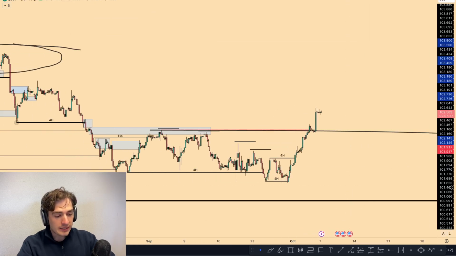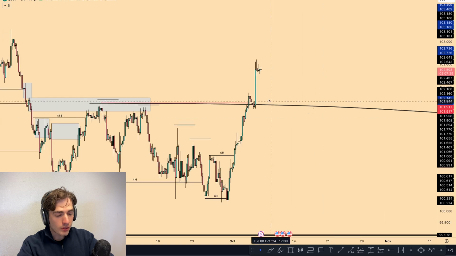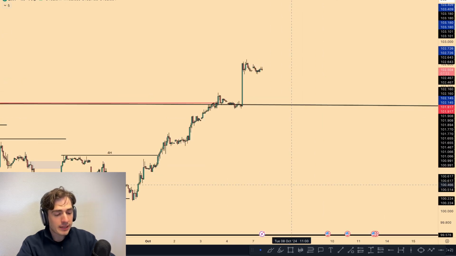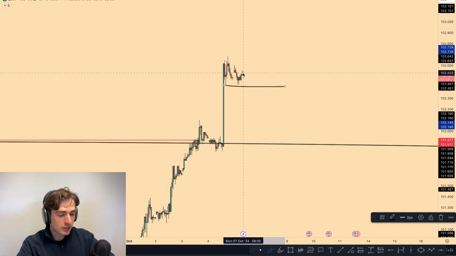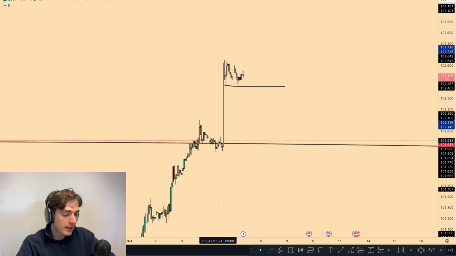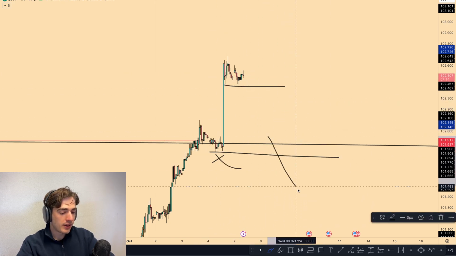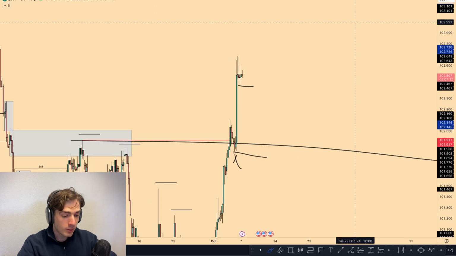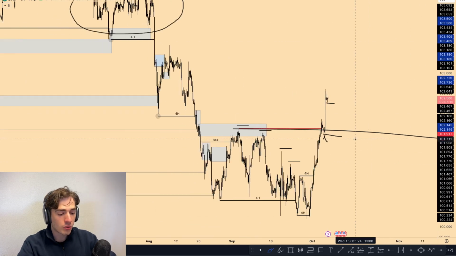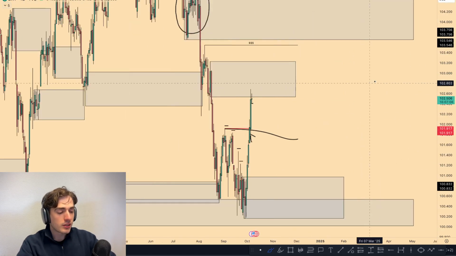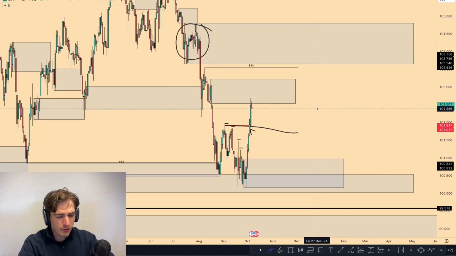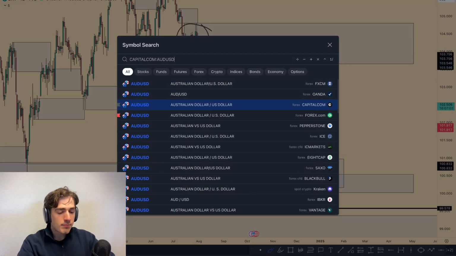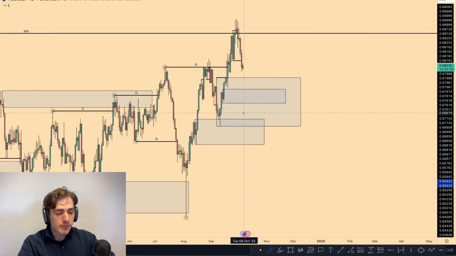For now, what I need to see and what I need to understand is, okay, are we going to push down lower? Then focus mainly on what the 1 hour time frame is doing. Is the 1 hour going to start breaking these lows here and start a downtrend? Yeah, then we could potentially grab liquidity underneath here, come in towards that 4 hour area of demand, and then, for example, continue our road up higher. But otherwise, yeah, we could just start trickling or continue to trickle up higher and higher. Therefore, again, not looking too much at that, because there are far more interesting pairs on our radar.